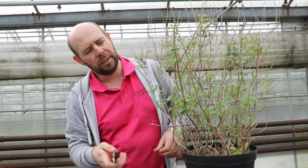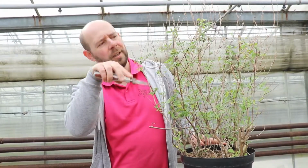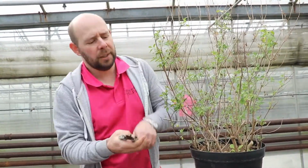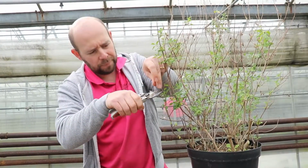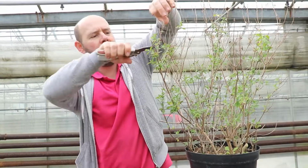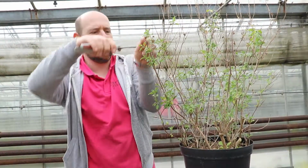But what I'm going to do today is just cut it into shape, take any of the dead growth from last year out, just to make it a better shape. And obviously these are going to grow up, and hopefully it will make it for Chelsea. So I'm just going to cut just above the nice fresh green growth,